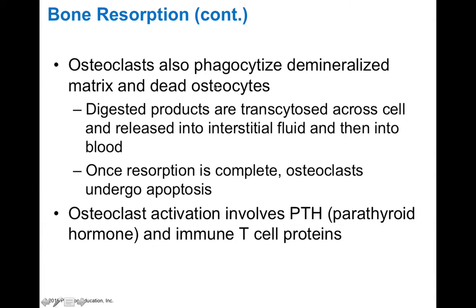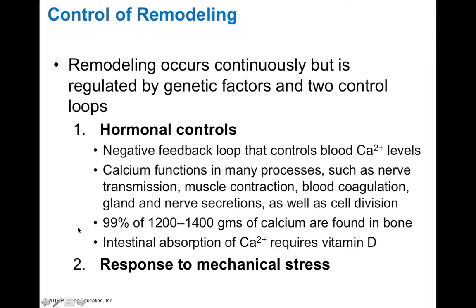Osteoclasts also phagocytose demineralized matrix and dead osteocytes. These digested products are transcytosed across the cell and released into the interstitial fluid, then into blood. Once resorption is complete, osteoclasts undergo apoptosis, or programmed cell death. So these osteoclasts don't live very long. However, their activity is under hormonal control. Osteoclast activation involves parathyroid hormone as well as immune T cell proteins that can stimulate osteoclasts to become more active. Remodeling occurs continuously, but is regulated by genetic factors as well as